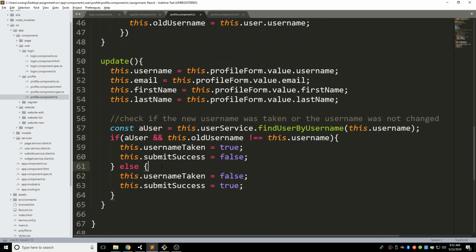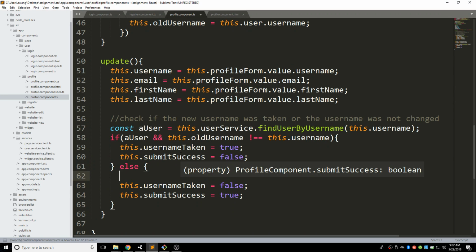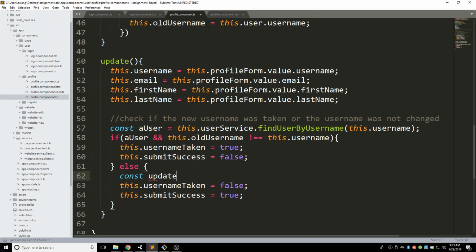But we haven't really called the update function in our data service, in our user service. We need to use that function here to really update the data in our array. So we can simply put it here. It's really short. We already get the user. So here in the else, let's create an updatedUser. The type of it should be a user type, and it will equal a